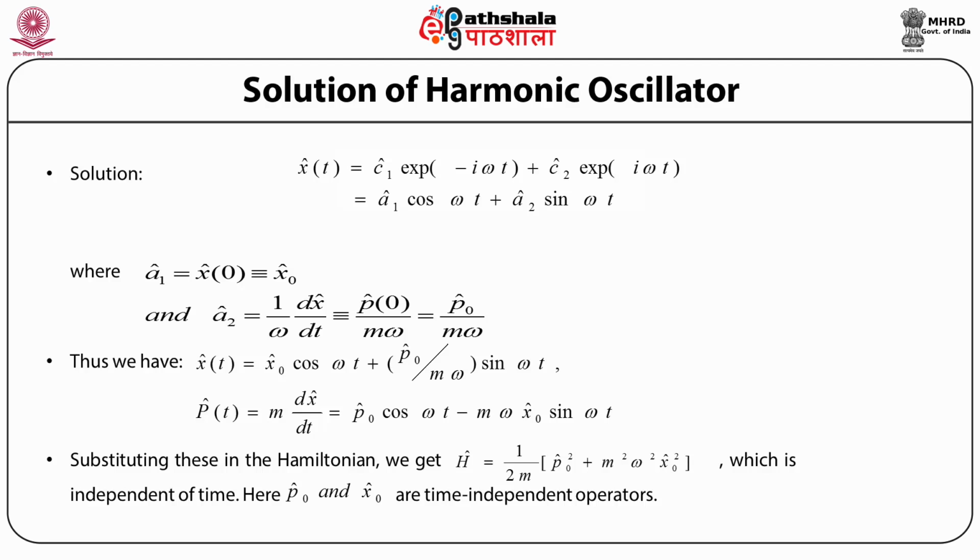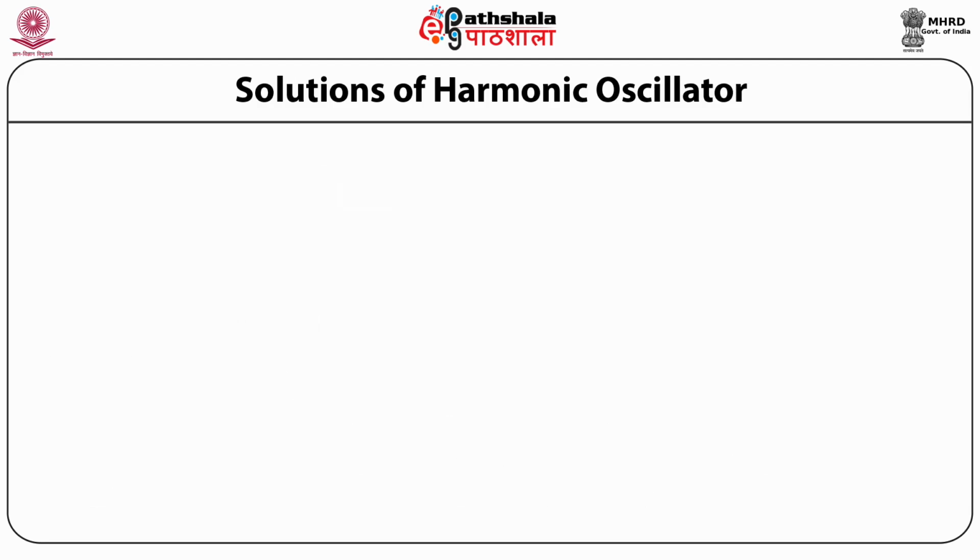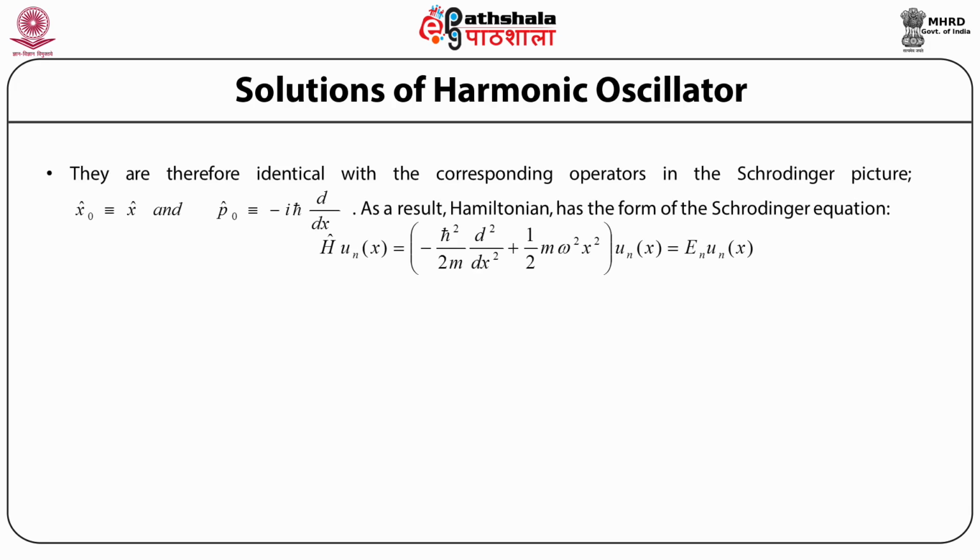And we see that the Hamiltonian operator as defined in this equation is independent of time. Here the momentum operator p naught and the position operator x naught are both time independent operators. They are therefore identical with the corresponding operators